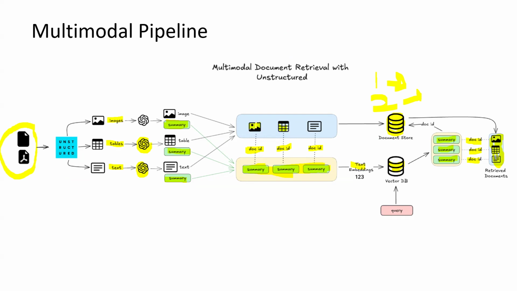If this is an image of maybe the Kumbh Mela, then whatever information is there in the image, maybe people are taking a holy dip in the river, or there is the Ganga river flowing, whatever summary it creates, that will be stored. Anyway, the search cannot happen on top of the image itself, right? You have to create some caption or some text out of it, then only will we be able to do the search on top of it. Yes. Okay,